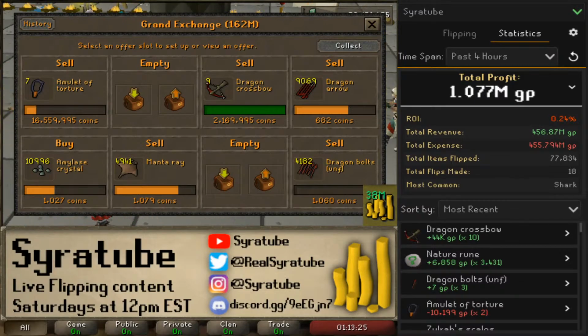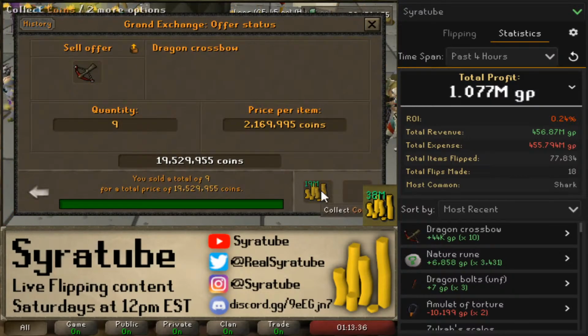You guys ever get a ping on Discord, like someone adds you and then the chat is just going crazy? Anyway,